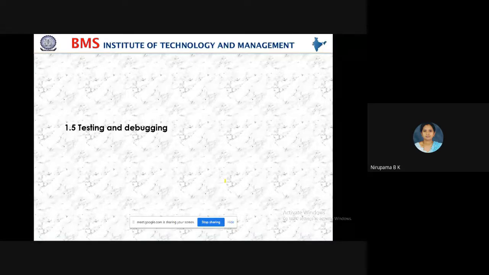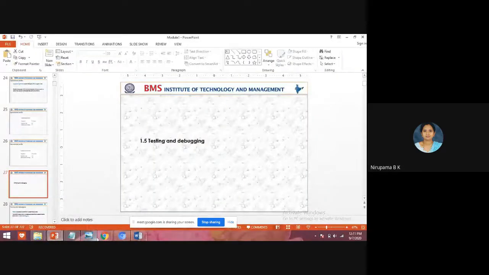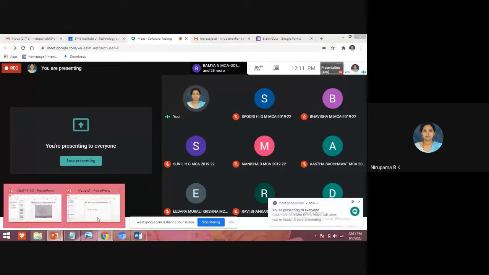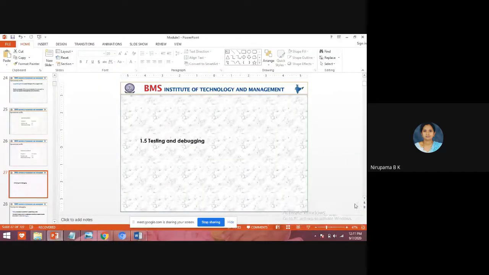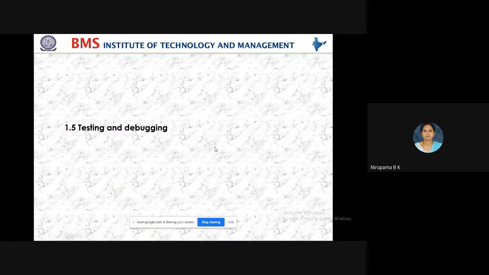If testing occurs, then the next step is we have to debug the program. We have to check where the program went wrong, whether it has a syntax error, whether it has a logical error, whether it has any exception, where I am making a mistake. We have to see, and once you come to know where the mistake is, then you have to debug the program.